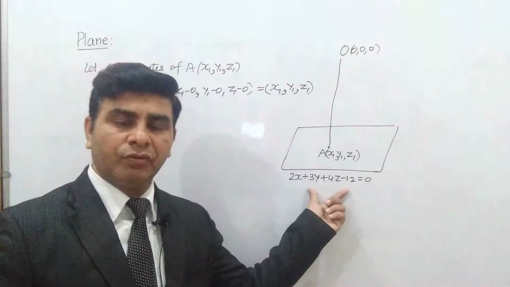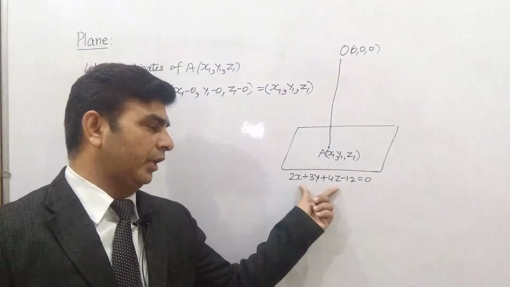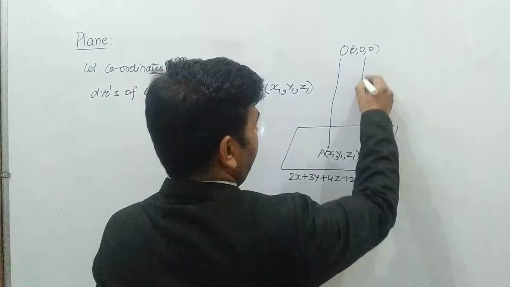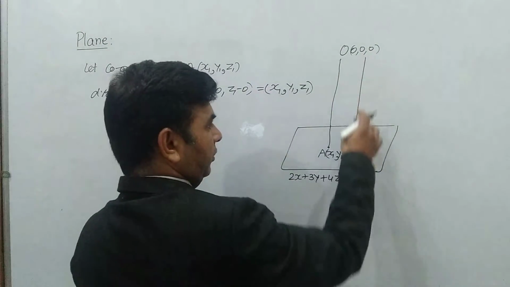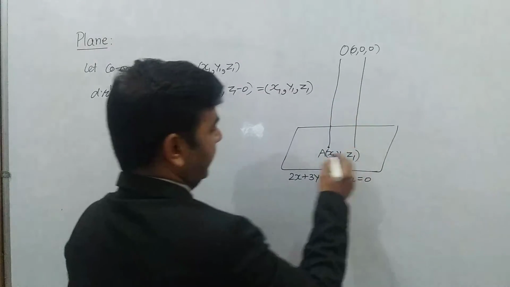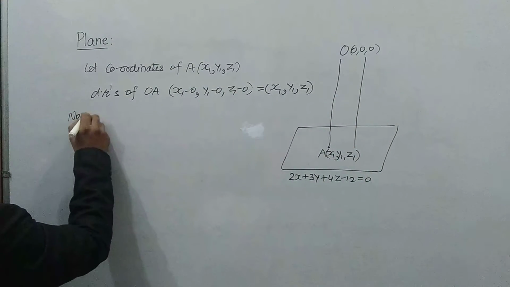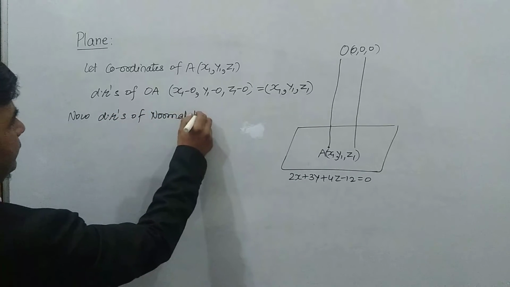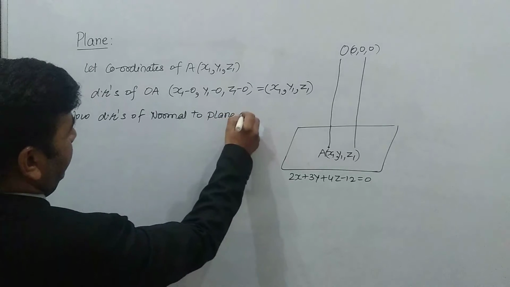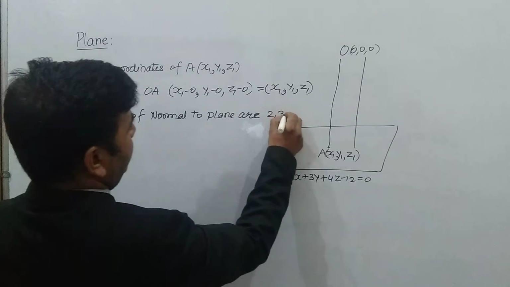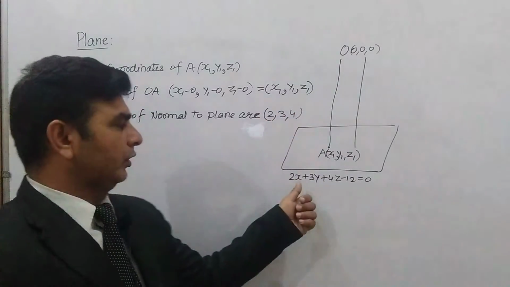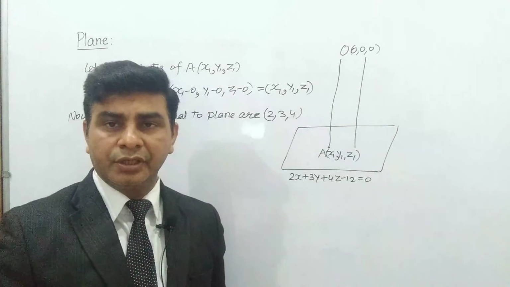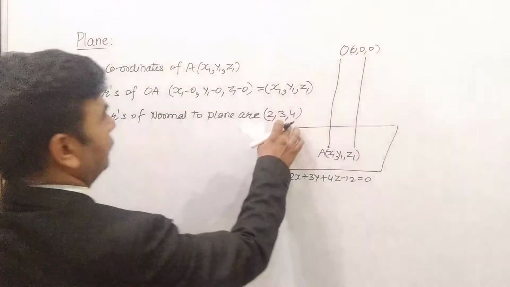Let's see, the equation of the plane which is given to us will have a normal vector. It may be line OA itself or another normal vector. The direction ratios of the normal to the plane are 2, 3, 4. We know that the coefficients of x, y and z are the direction ratios of the normal to the plane. So these are 2, 3, 4, but